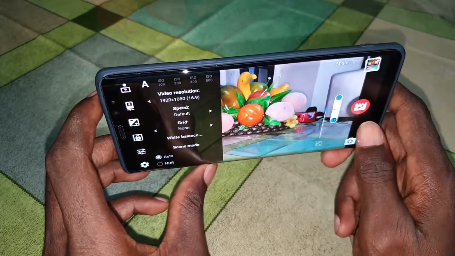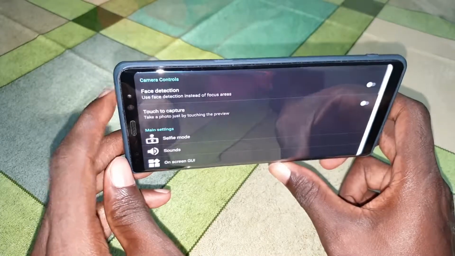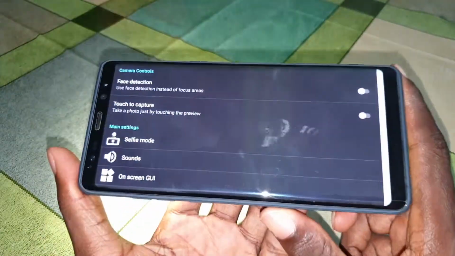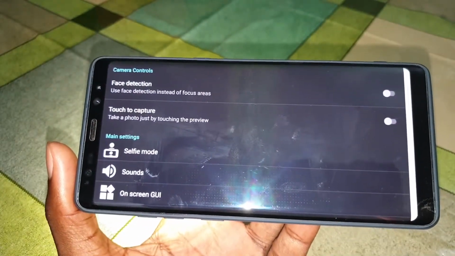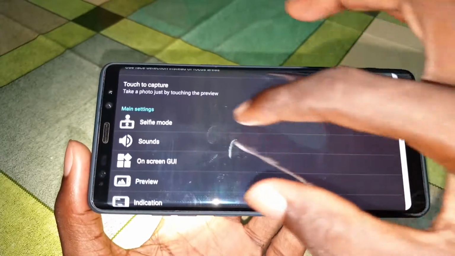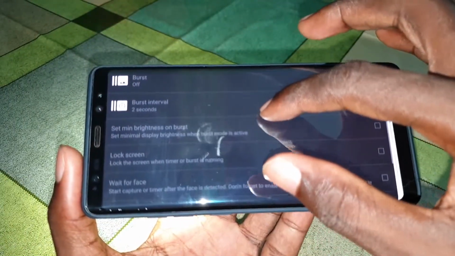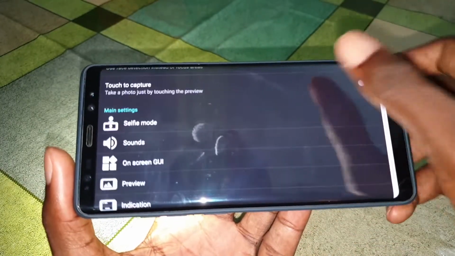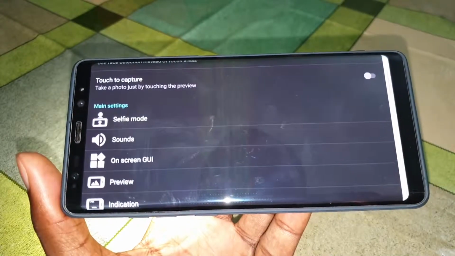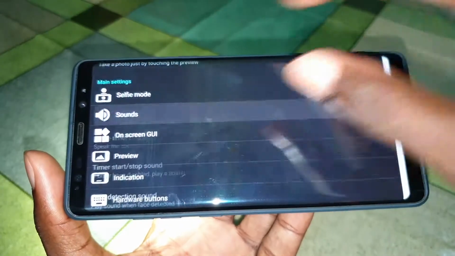You can do more things than you expect. For example, come to the settings. You can see face detection. You can enable it, and there is also selfie mode where you can activate burst interval, and other settings for you. And you can also see sound.